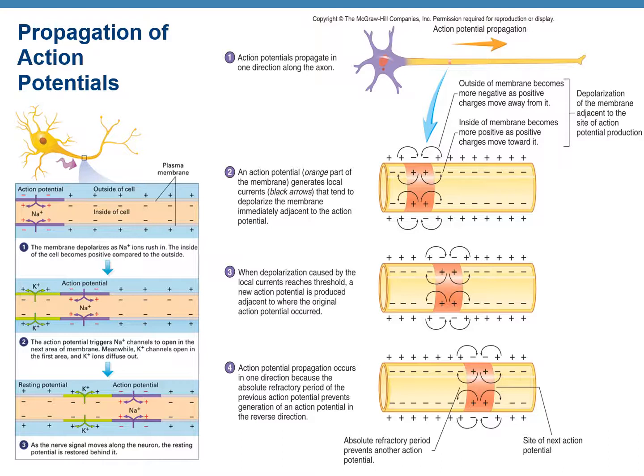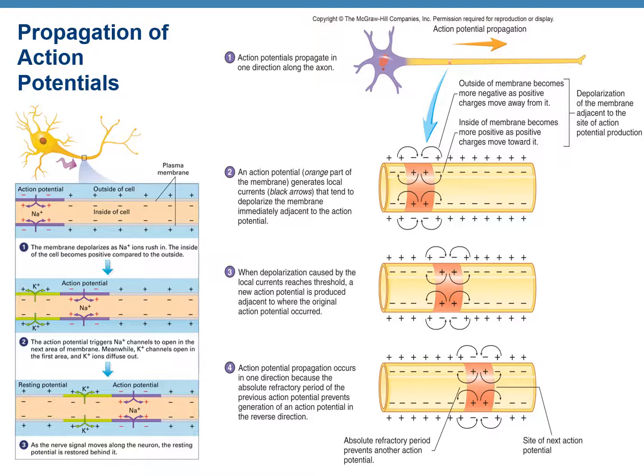You see that the ionic distribution has become more positive inside the membrane than outside. This is because sodium ions have entered, and this is only localized, okay, at a certain location. Then gradually the action potential is moving in one direction. It is moving to the right side. So the purple portion has moved, and the portion which was purple before is now in repolarization. That's because potassium ions are moving out of the cell to the outside.